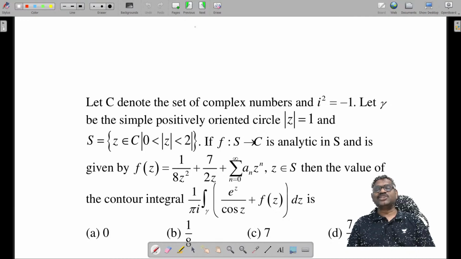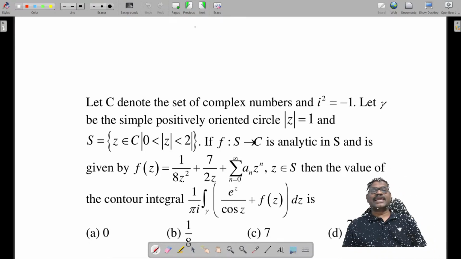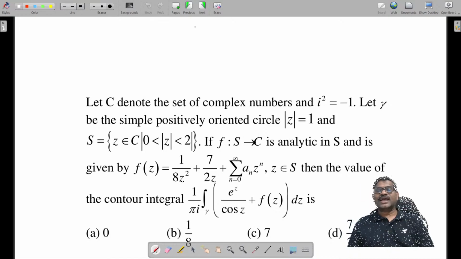If the function f from S to C is analytic in S and f of z is given by